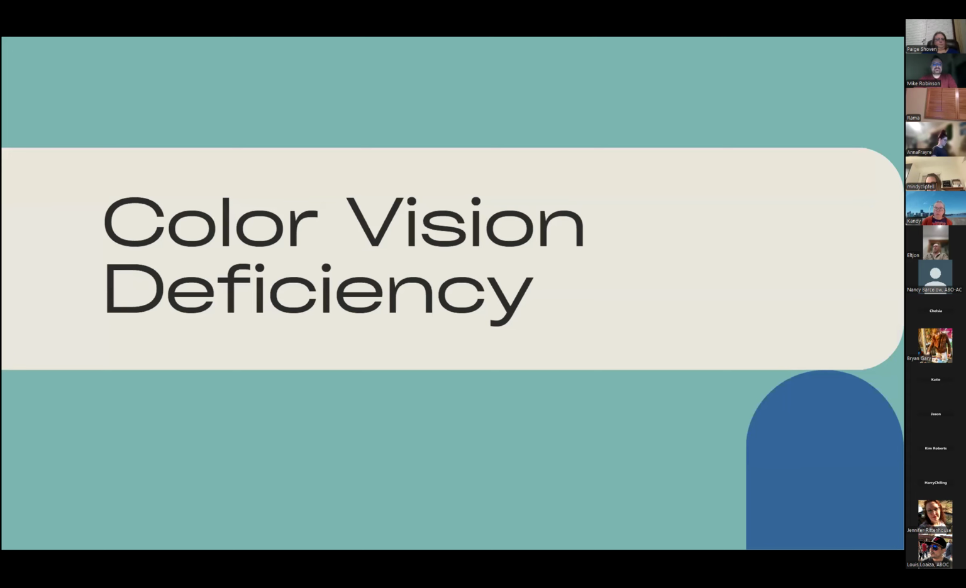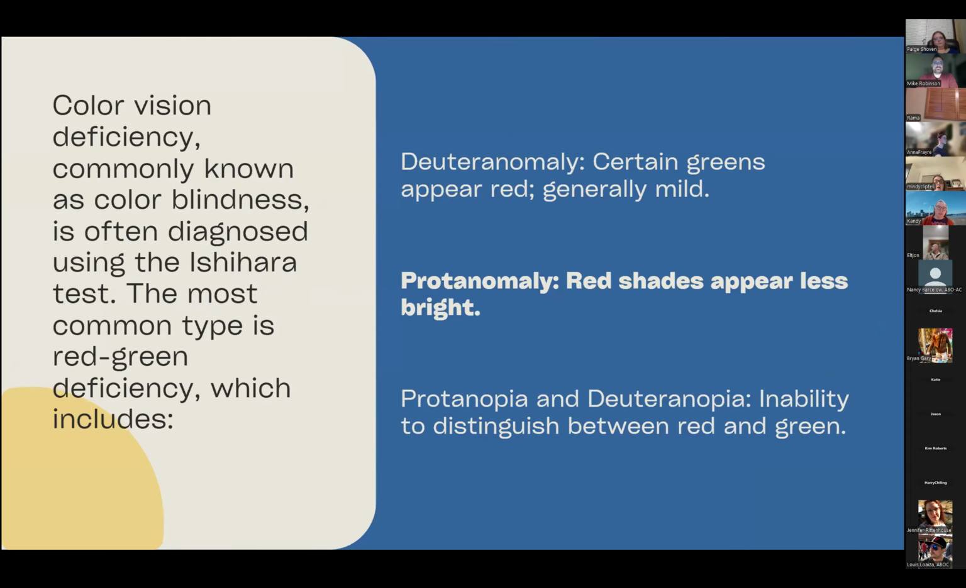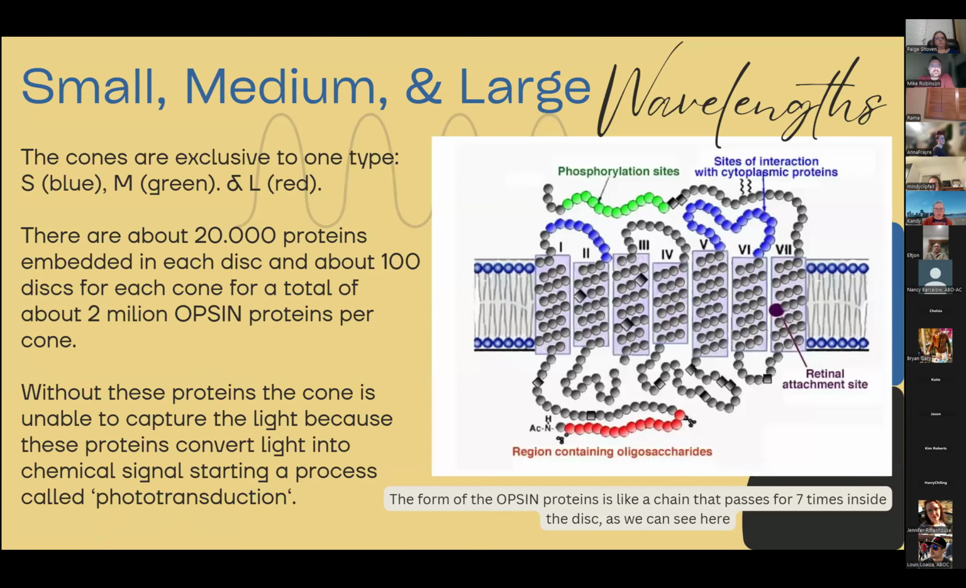Now we get into the color part of it. So just to add a little bit to the opsin: opsin in Greek means sight. If you went back a couple slides, to where you had the chemical reactions, that's a really good one. If you see down there the region containing oligosaccharides, saccharides are just sugars. So these are sugars in the eye, and that's the fuel that fuels this whole process. And then up at the top, you see